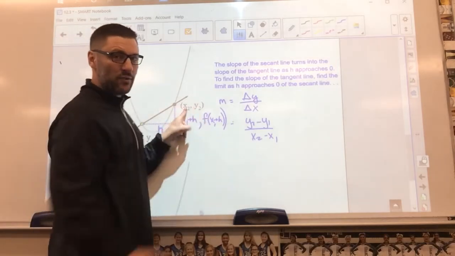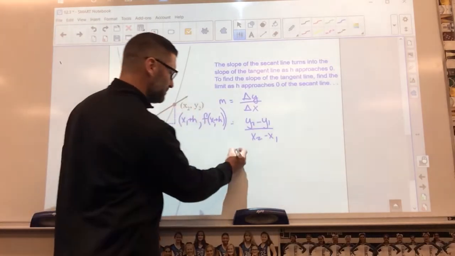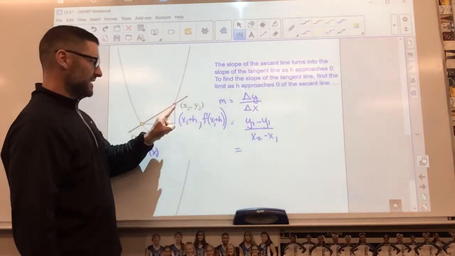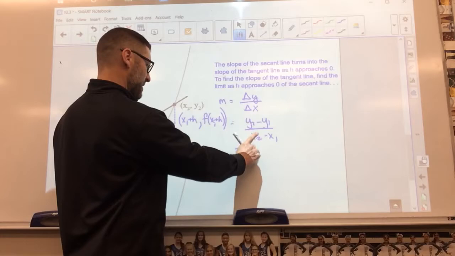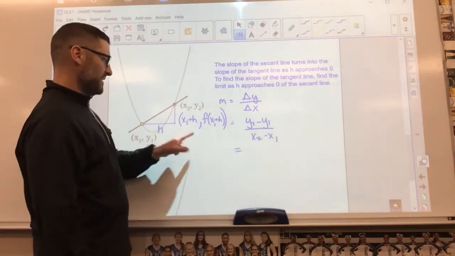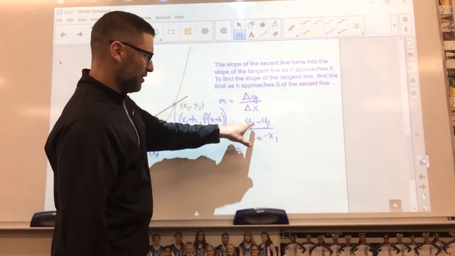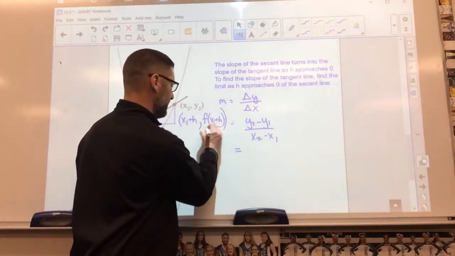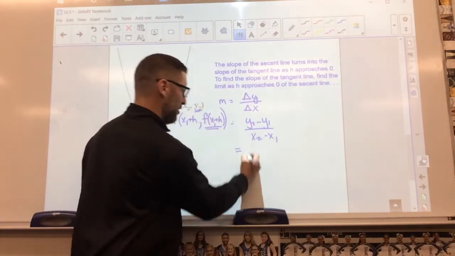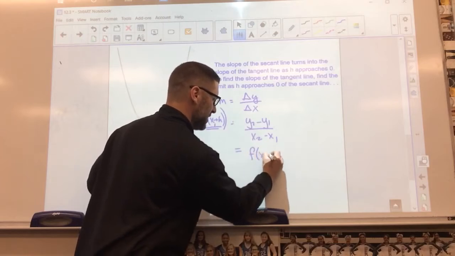And that function notation, f of x plus h, is another way of saying x2, y2. What I can do is take that x plus h and plug it in for that x2. And then I can take that f of x plus h and plug that in for y2. So I'm going to do that. I'm going to take this value, which is the same as y2, and plug it in. So it becomes f of x plus h